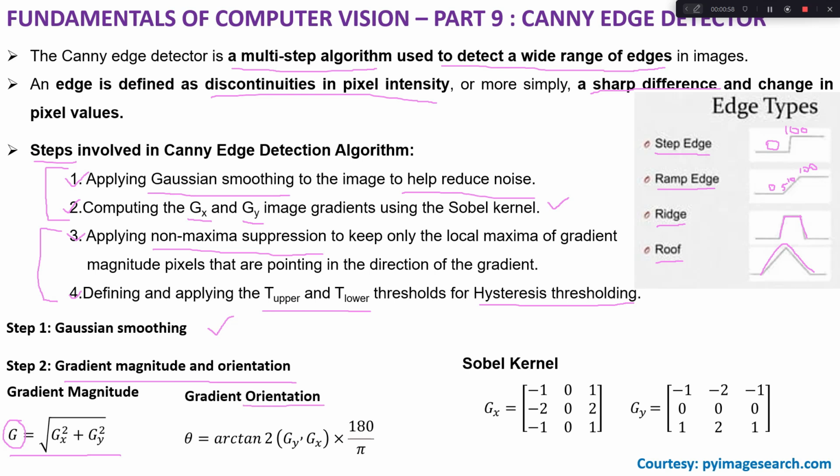Orientation means in which direction, at what angle, my intensity is going to vary. That is computed using the equation theta equals arctan of Gy by Gx, and this value will be in terms of radians. In order to convert it into degrees,